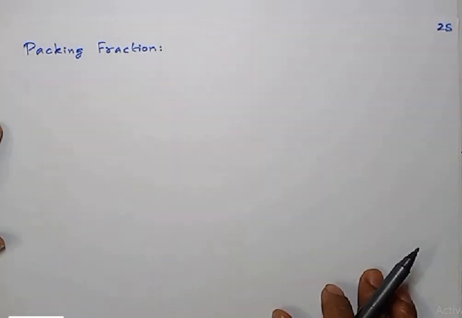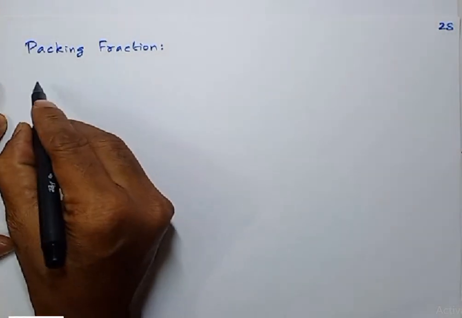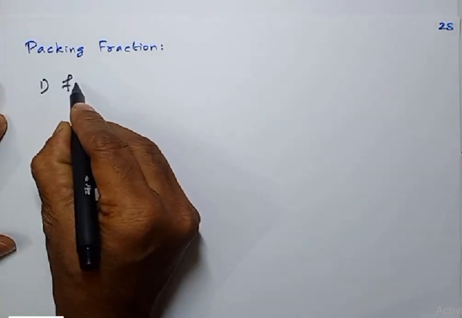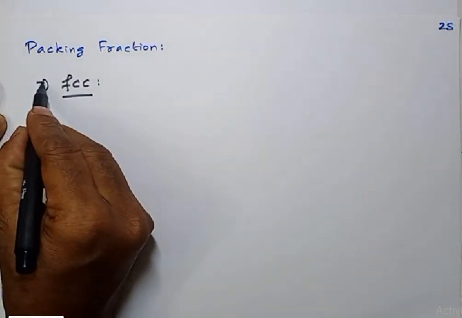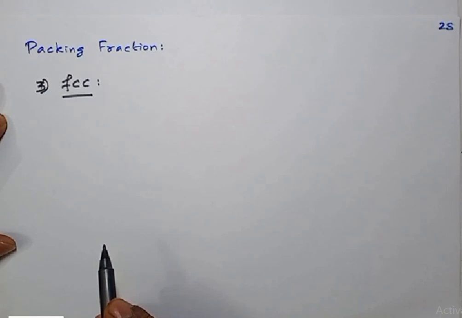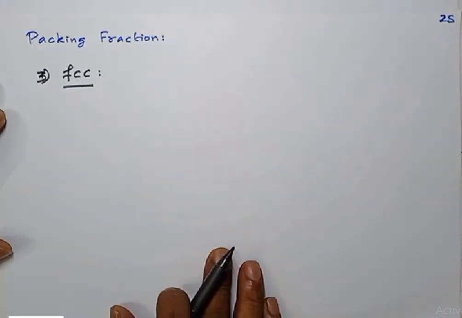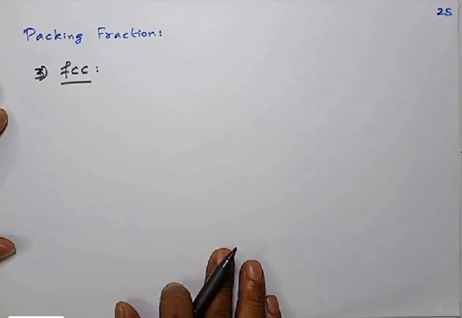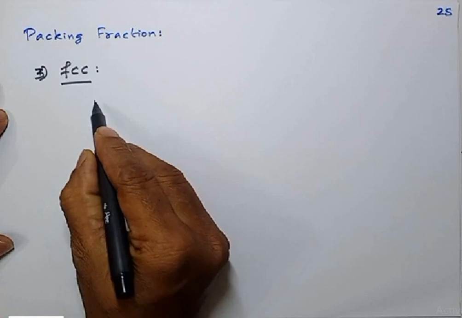We are going to determine the packing fraction for the FCC unit cell, the face centered cubic unit cell. This is actually number 3. Already we have completed simple cubic and body centered cubic. Now we are going to find the packing fraction for FCC. We all know that in the FCC unit cell,